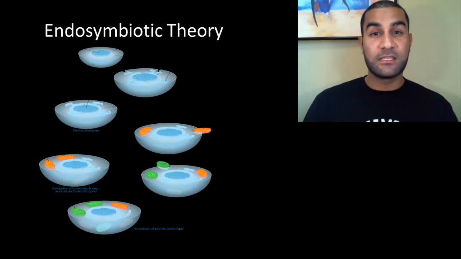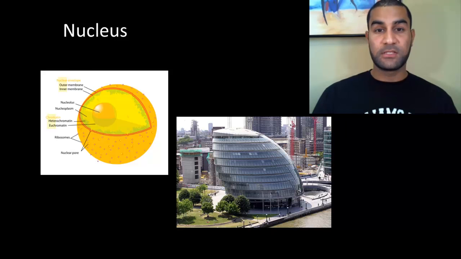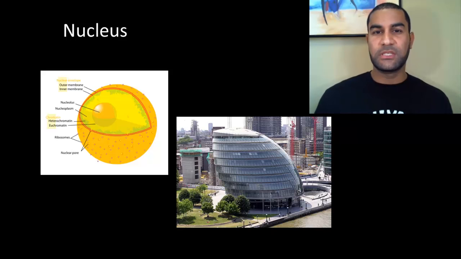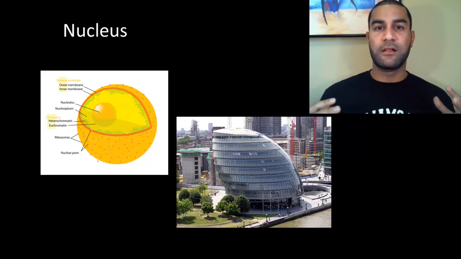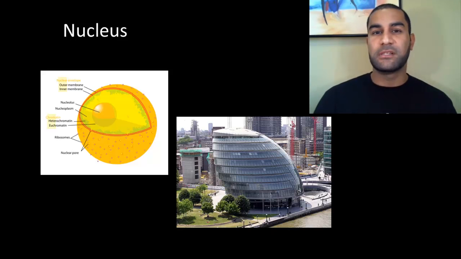Alright, so let's get into the different parts of the cell, the eukaryotic cell, and eventually we'll come back to the chloroplast and mitochondria. Alright, so the basic parts of a cell can be broken down and made into an analogy, and the analogy that we teachers use all the time is like a city. Imagine we're dealing with a big city and we have all these different parts that allow the city to function. The way we're dealing with a cell, we have all these different parts that allow the cell to function